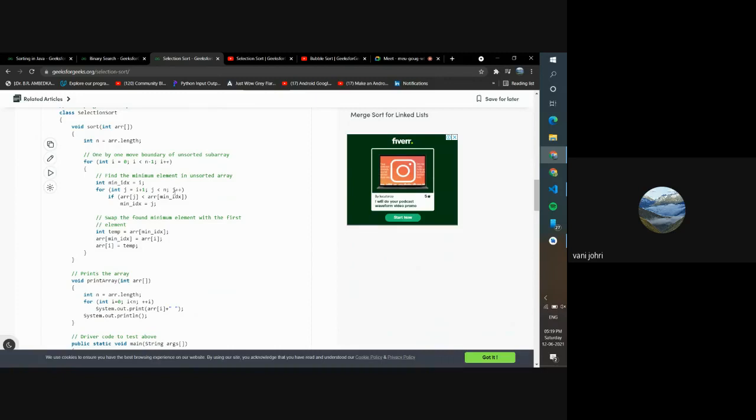So then we come inside this for loop and we compare array of j. If it is less than the first element, then we swap them. If it is smaller, then we swap the elements. We took a temporary variable and we put the first element, which was let's say 11, into that. Then in this place we put the element that we just found, and in the place of the element we just found, we put the temporary variable back. I think you understand this swapping.